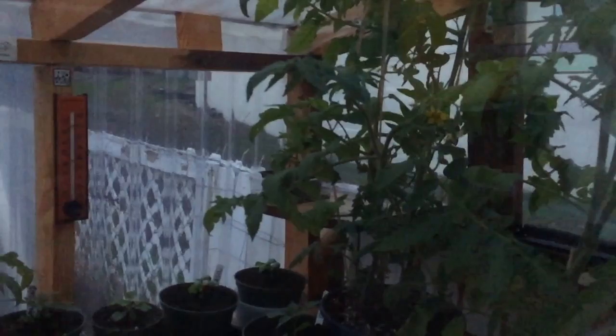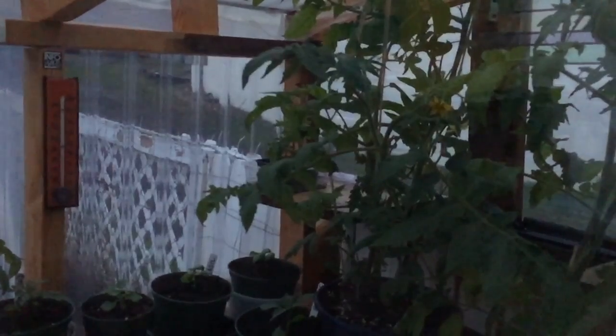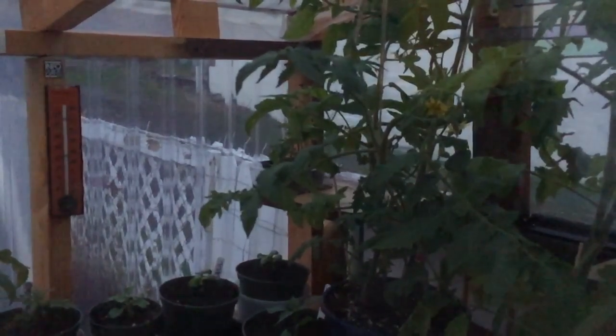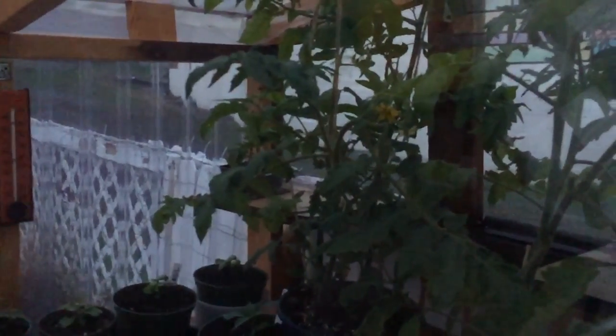And I'm sure we'll be able to read the thermometer, the way this camera has been dying on me. I guess it is. But I've got some basil, there's a couple small pepper plants, 2 big tomato plants in there, and some other stuff that, until this ridiculous